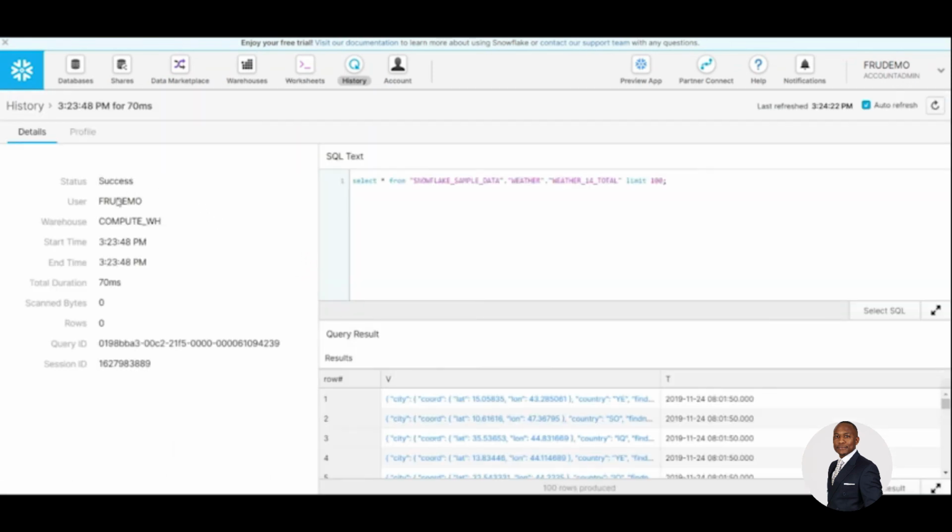Now, once I click on it, it brings me into this new interface, or this new view, and I can see a lot about what's going on with my query. So right here I have the statement that was run, and below here I have the profile of who ran the query, whether it was successful or not, how long it took, and a lot of other metadata information for me to use. But what's even more interesting within this profile is